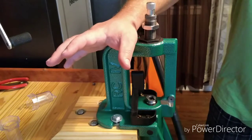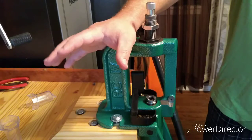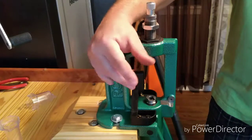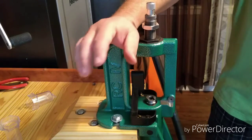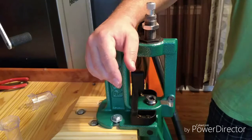And not a whole lot of people, at least on YouTube, mess with it a lot that I can find. So we're going to play with those. And we may find that the gun doesn't like a crimp. I have been crimping from the get-go with the factory crimp die because since I do have single-shot rifles, my wife and I both hunt with them,